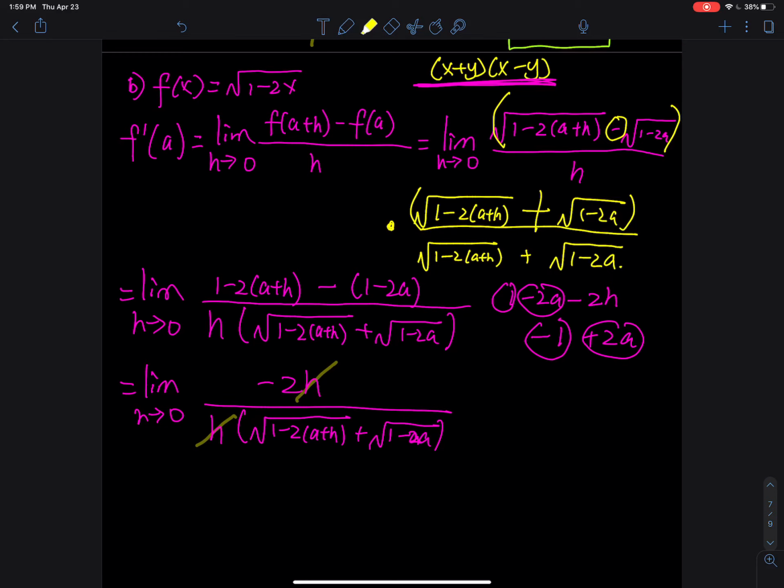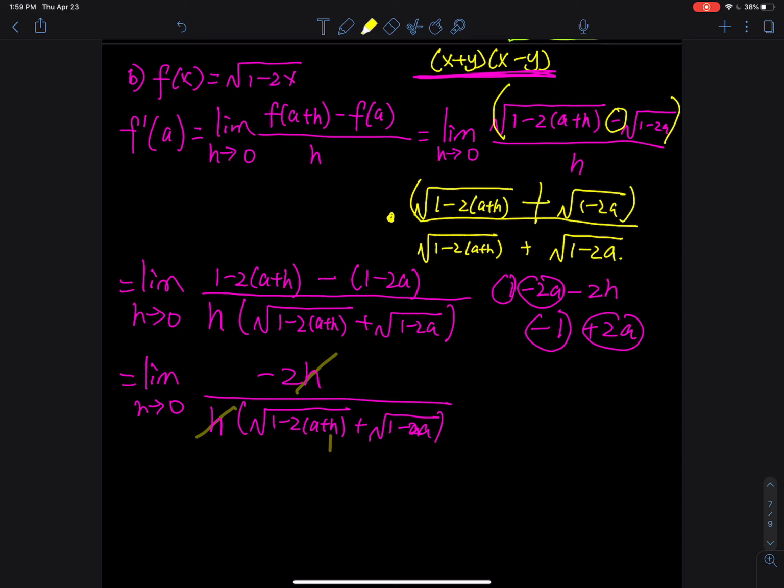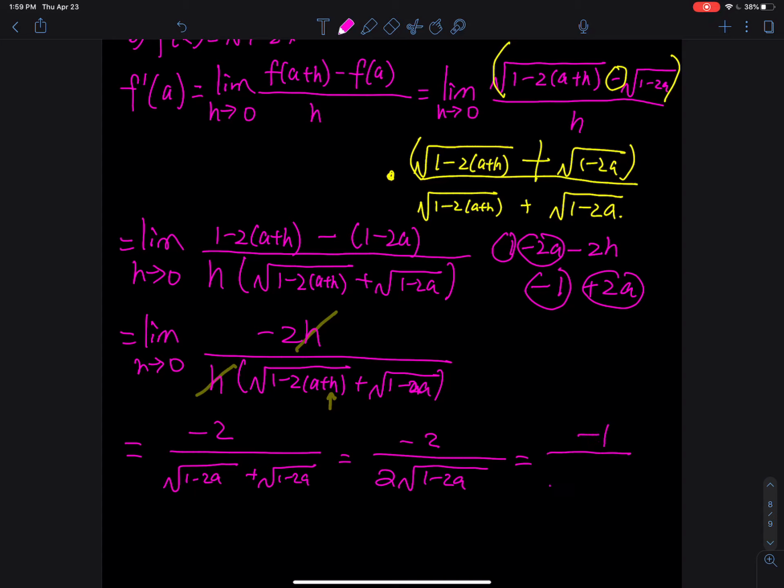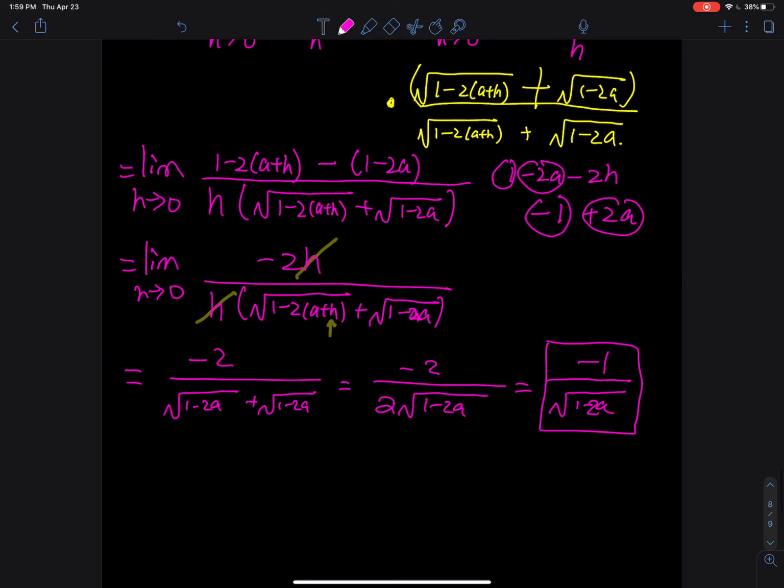So we plug in a 0. What do we have? We plug in a 0 to here, right? So that means we have negative 2 divided by the square root of 1 minus 2a, and then plus the square root of 1 minus 2a. So you have 2 of those in the denominator, right? And then you get rid of the 2, you have a negative 1 divided by the square root of 1 minus 2a. What is this called? This is the slope of the tangent line. So this answer is called the slope of the tangent line